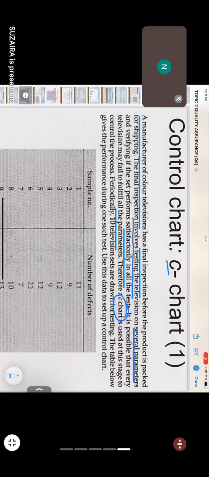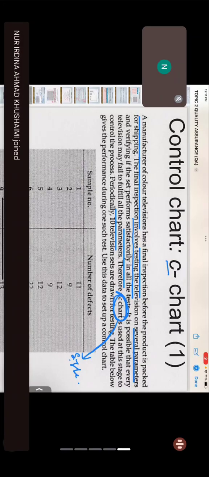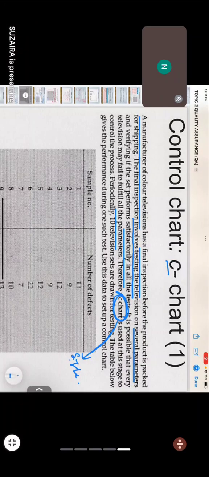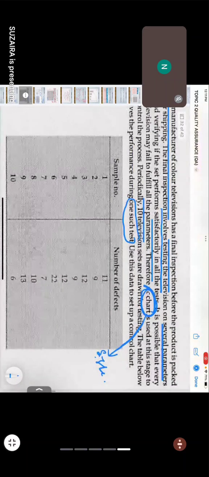Therefore, a C chart is used at this stage to control the process, because the C chart is, as I mentioned, for the single product. Okay, so periodically 10 television sets are drawn for testing, and the table below gives the performance during one such test. Means that for each of the samples,